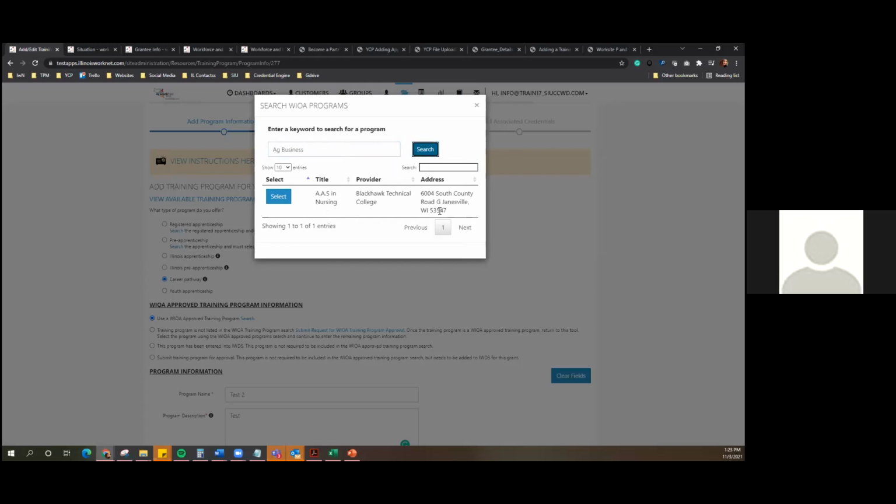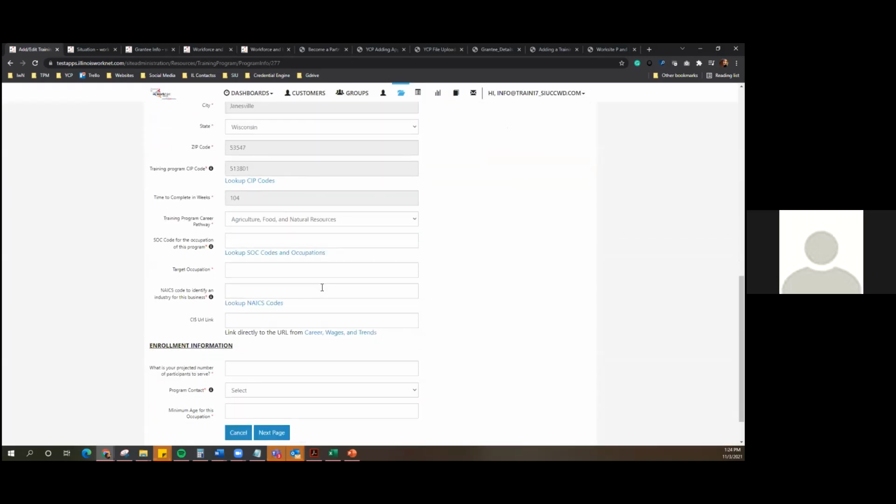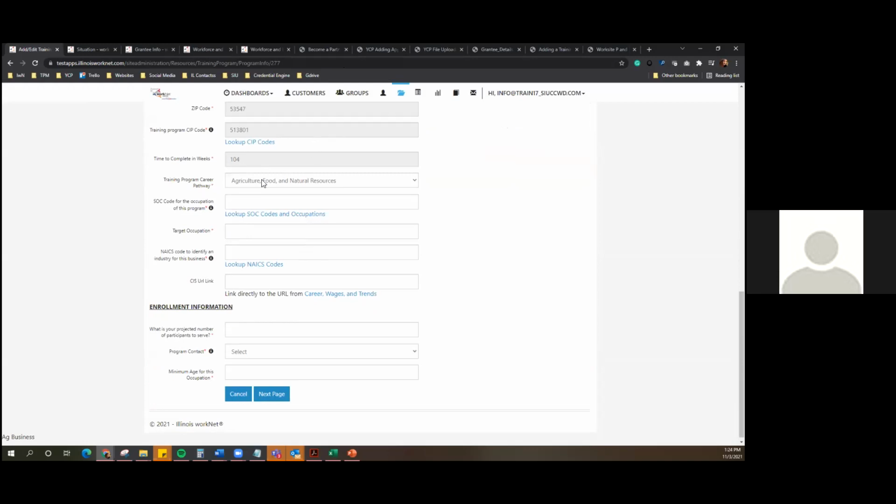It'll search the system and then if it has results, it'll pull them back. I might need to refresh this to get new results. But then when you click that select, it's going to pre-populate pretty much all the information and then lock down those fields.